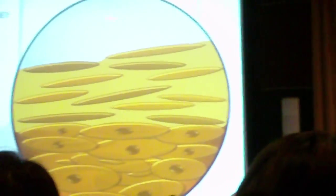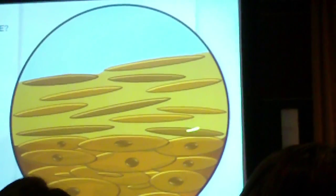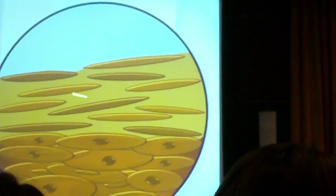Now, one more little bit of science lesson. These are the outer cells of our skin. So here's air. These are the outer cells of our skin. And the reason that these cells stay on our skin are these little bits of what